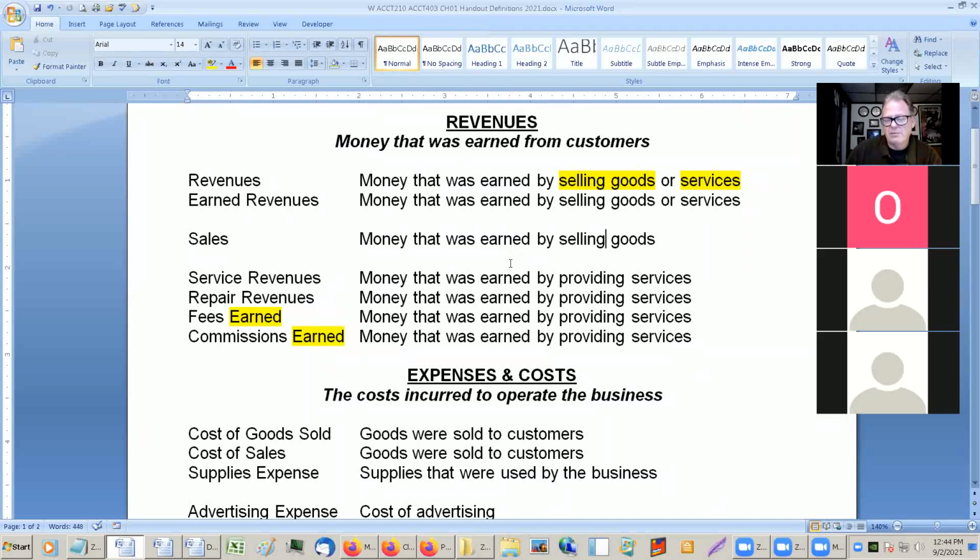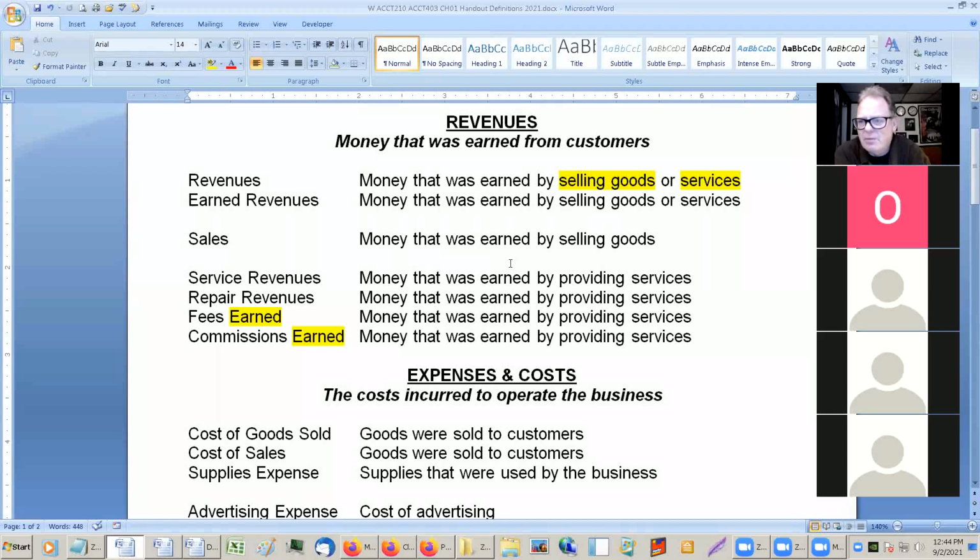So if I mow my neighbor's yard, I say, I'll mow your yard for $20. I mow the yard, but my neighbor hasn't paid me yet. I count it as a revenue because I've done my part of the work. So my neighbor owes me $20. So we always count it when it's earned, not necessarily when the cash comes in, which is a little bit different than what most people think about a business. But that's really what we do. The type of accounting that we do is focused on when we earn revenues, not necessarily when the cash comes in.